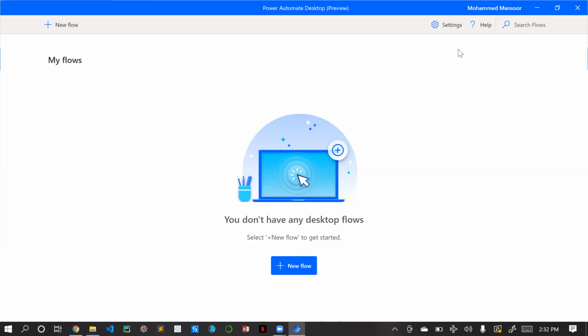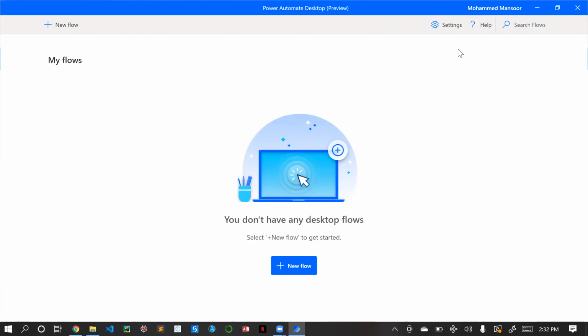Today we will be seeing about Microsoft Power Automate Desktop. This is completely an RPA related video. Microsoft Power Automate Desktop is an RPA tool. This is a free version introduced by Microsoft for Windows 10 users. Like we have a UiPath Community Edition and Automation Anywhere Community Edition, right? This is also a free version with limited user access.